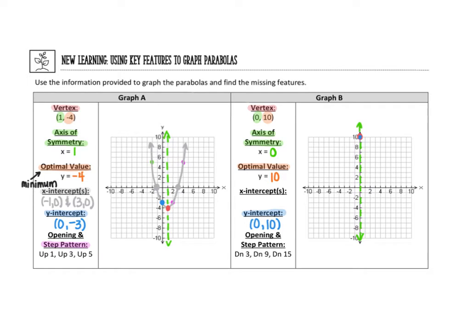We'll use our step pattern to count over 1, down 3, over 1, down 9, and then we should go over 1, down 15, but we'll run out of space and won't be able to draw this third point. We can, however, reflect the points that we found in our axis of symmetry. This will allow us to sketch the parabola, and although we can't exactly locate our x-intercepts in this parabola, we can estimate that they are around